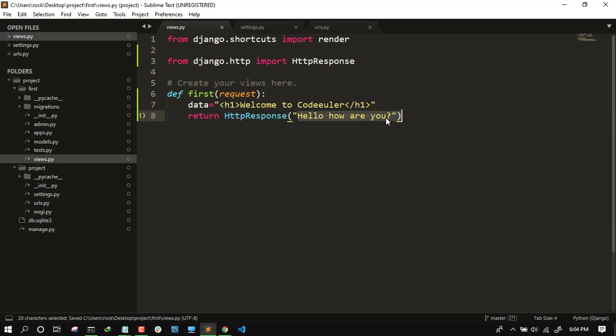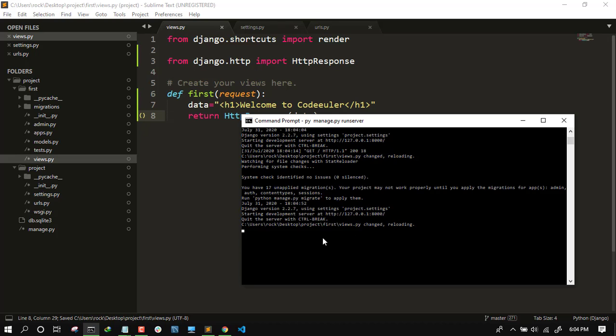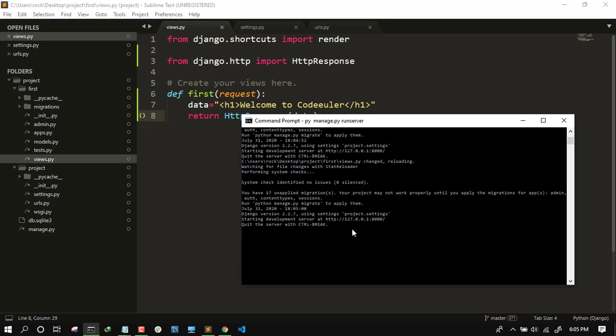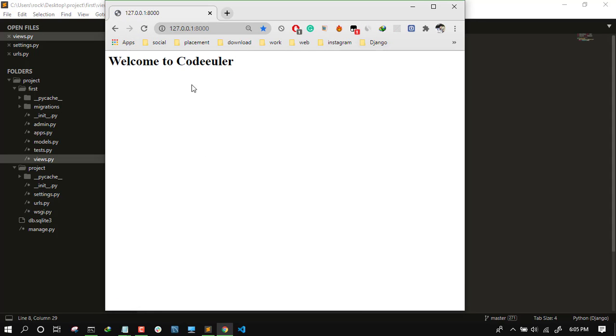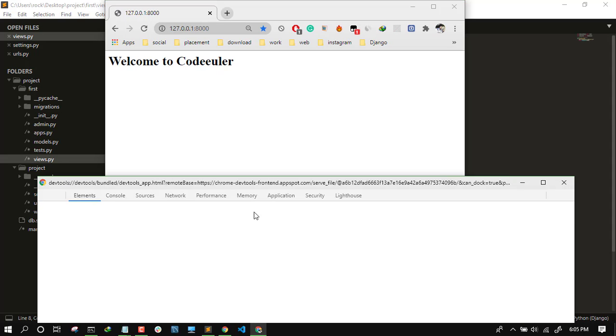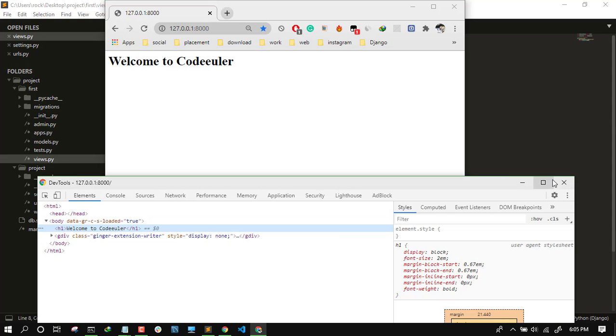So when I pass data here, let's see what is going to happen. Every time before going to the browser, we have to see in the command prompt if there is any kind of error; it will be shown there. In my program there is no error, so I open my browser and refresh it. Hello, welcome to Code Euler. It is the h1 tag; you can even inspect and see it is showing in the h1 tag.